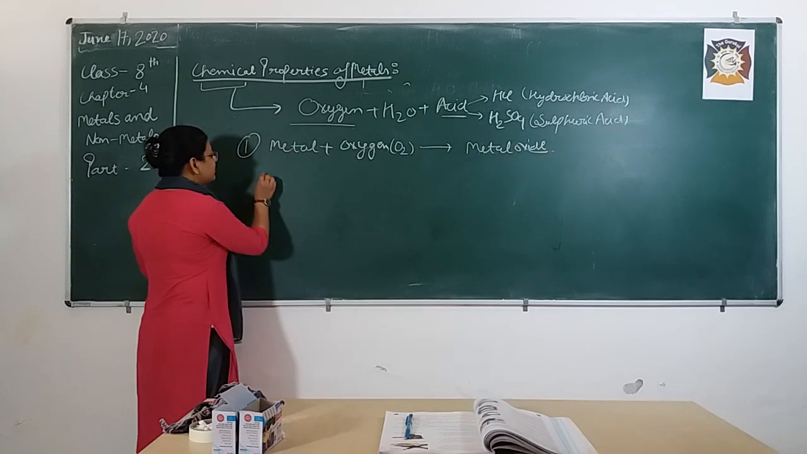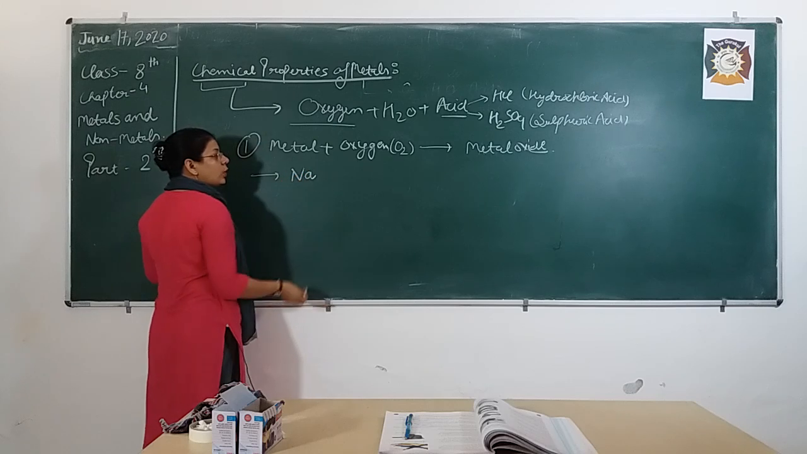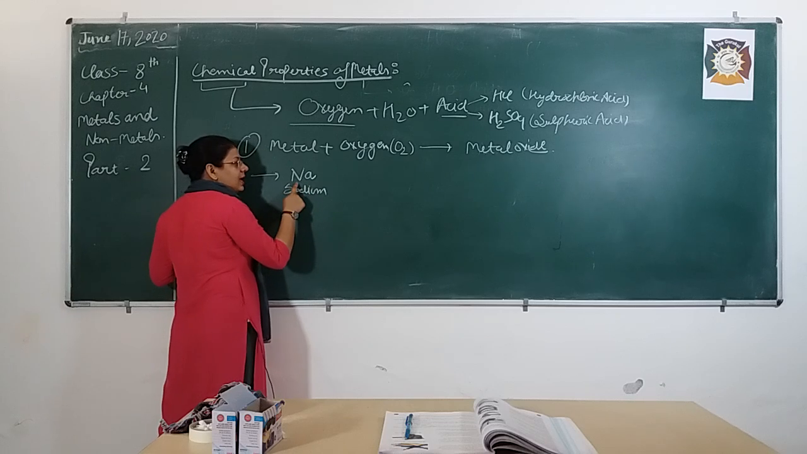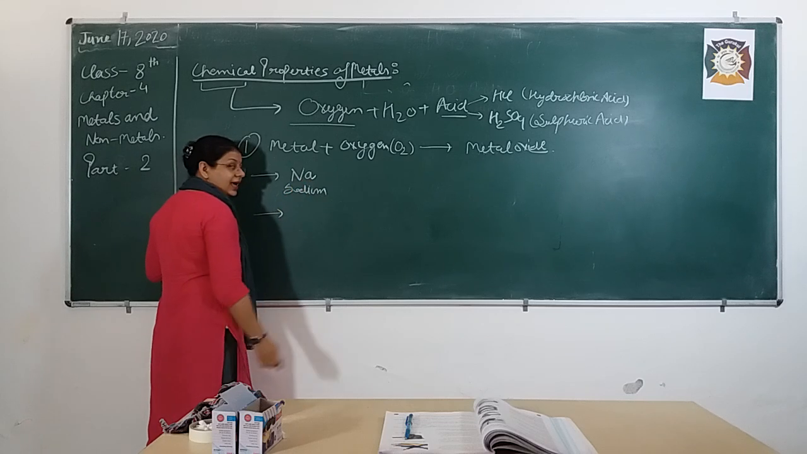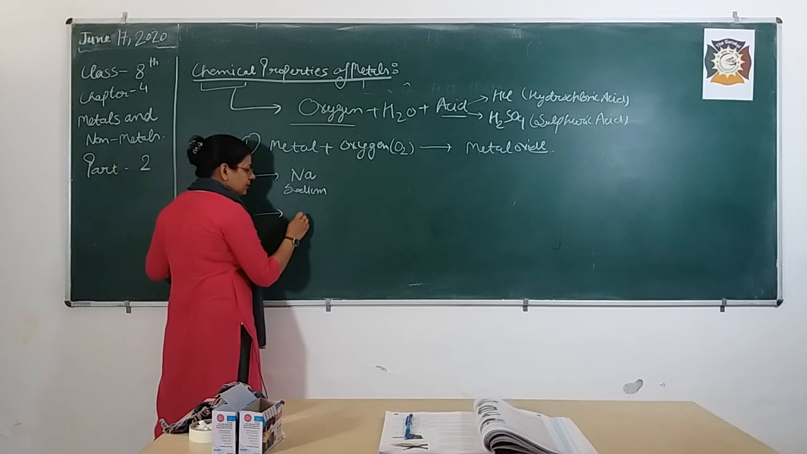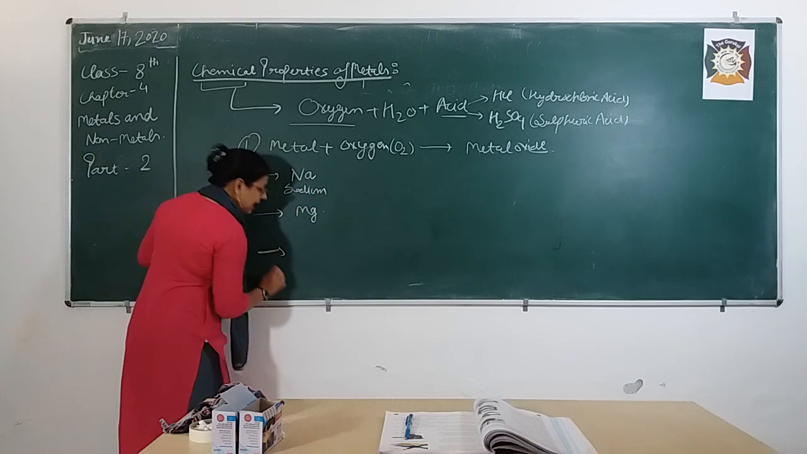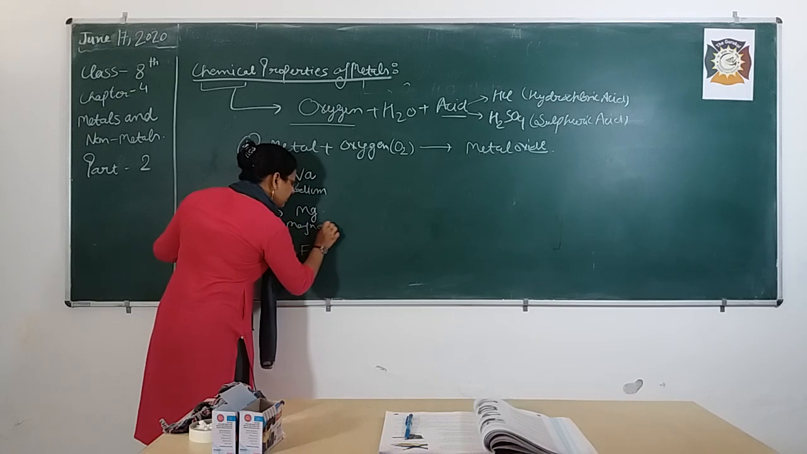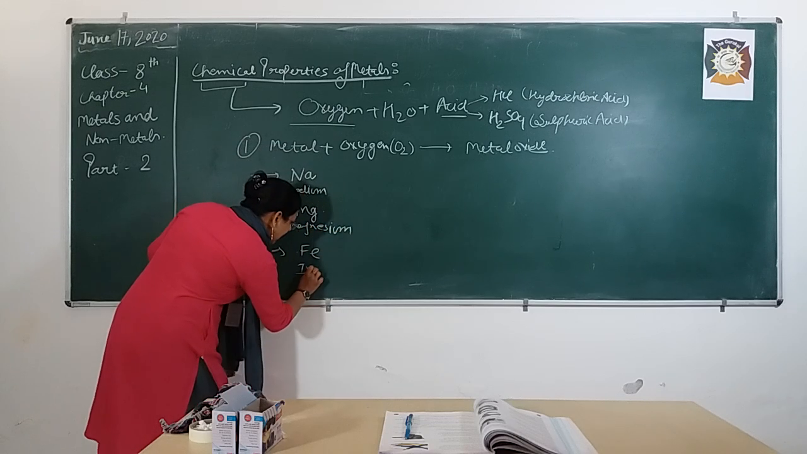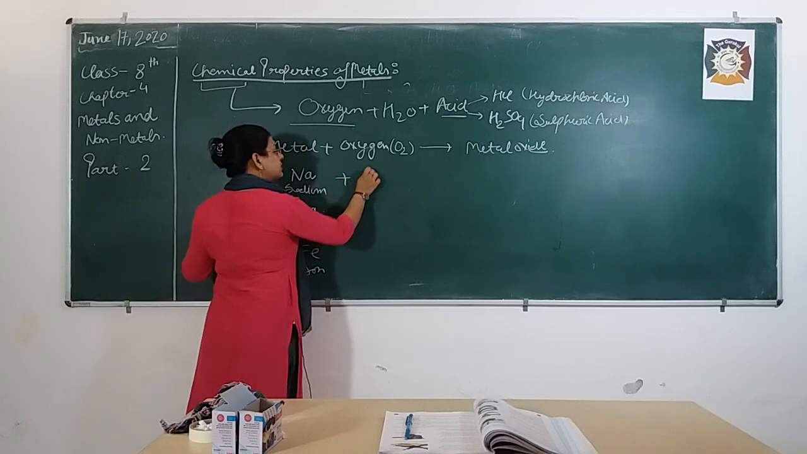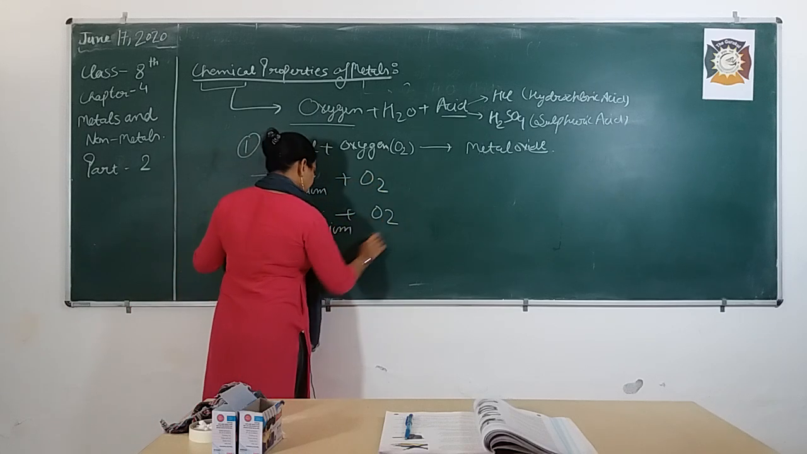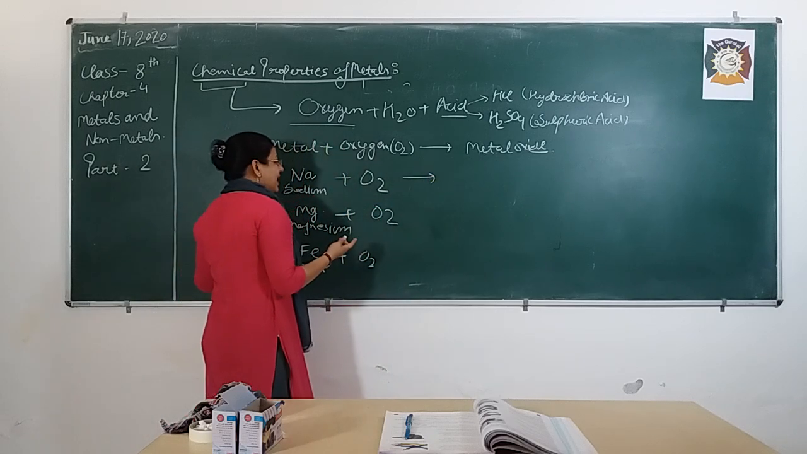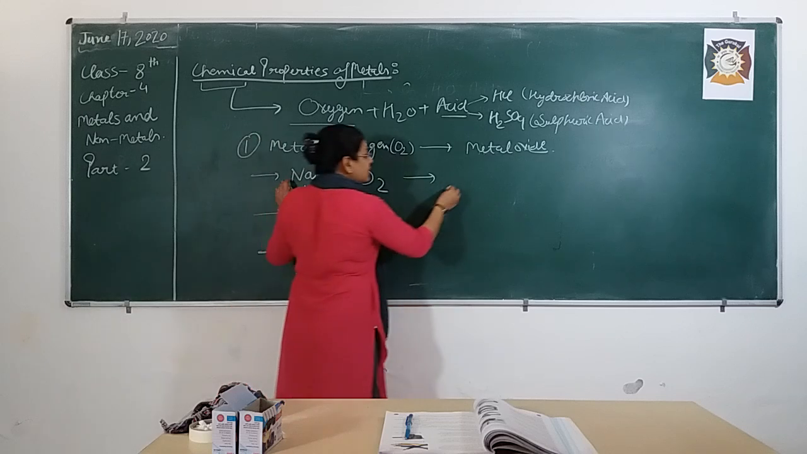So here I am going to take 3 examples. Firstly, sodium metal. The name of the metal is sodium and the symbol is Na, capital N, small a. Another one, magnesium metal, and iron metal. So bache, when the 3 metals react independently with oxygen, they lead to the formation of their metal oxide. So the metal oxide of Na, sodium, is